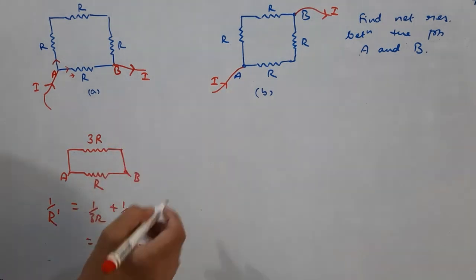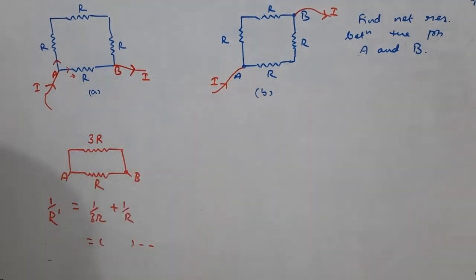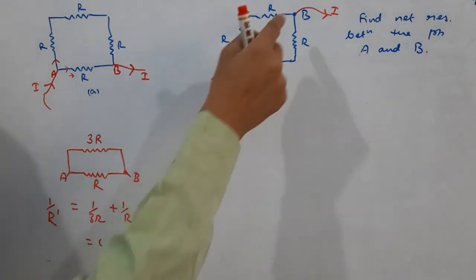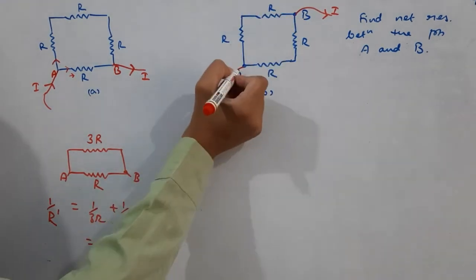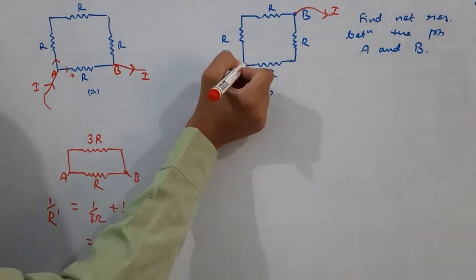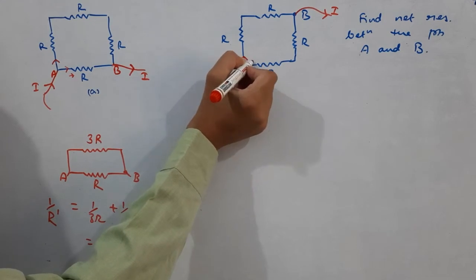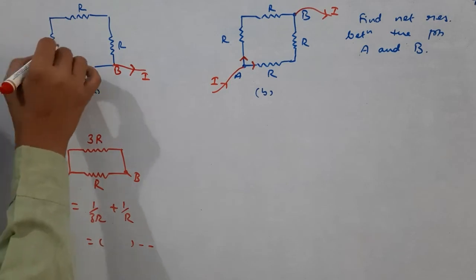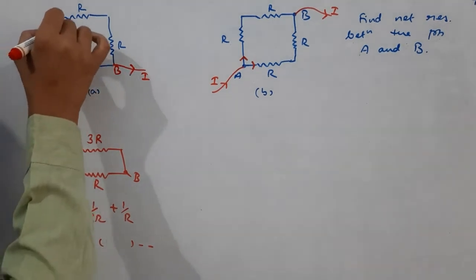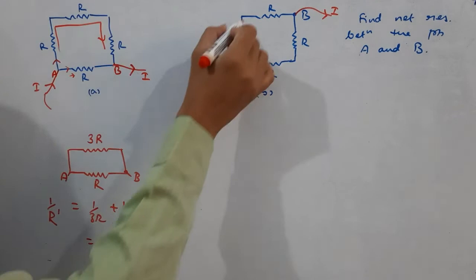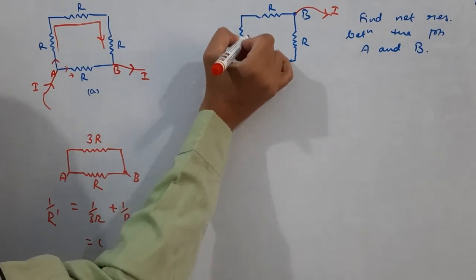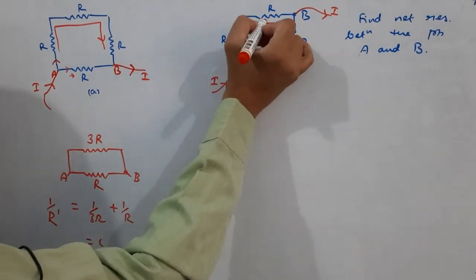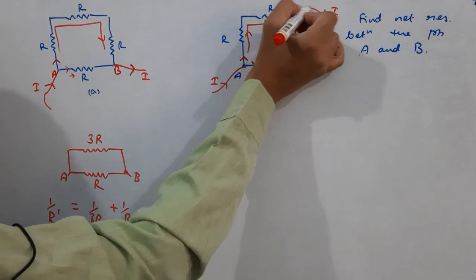Let's see in this question. Here you have to start from which point? A, and we have to terminate or end at which point? B. So from A the current will enter. Now this current has 2 options. It will divide here and here. Here the current flows through this one, then this one, then this one. Do you think this is possible in this case? No, because current will flow through this resistance, it will flow through this resistance, and then it will come out of the point B.